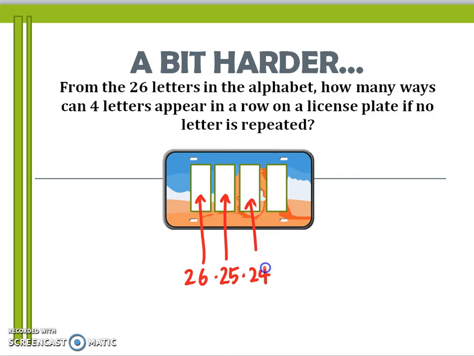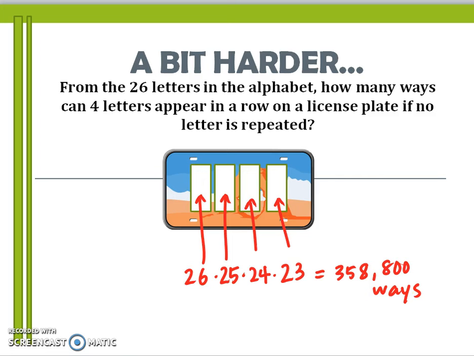Then I have 24, and finally 23. Now again, we're talking obviously about the English alphabet, A through Z. This would differ if we were in a different language. All right, when you go ahead and multiply these, we should have less ways than the previous example. When you multiply these, you get 358,800 ways. You certainly would not want to make a tree diagram to figure out how to count those ways,